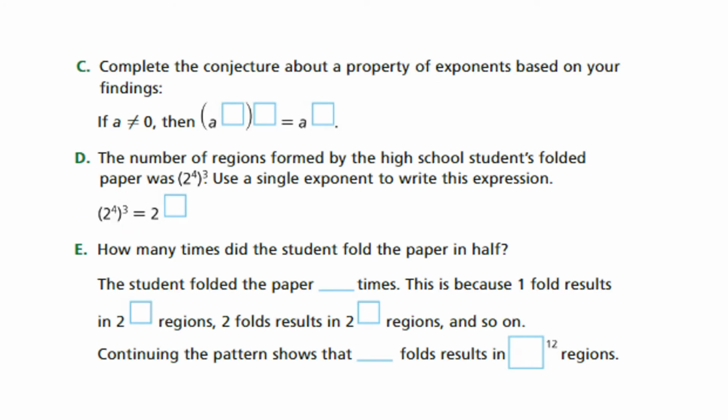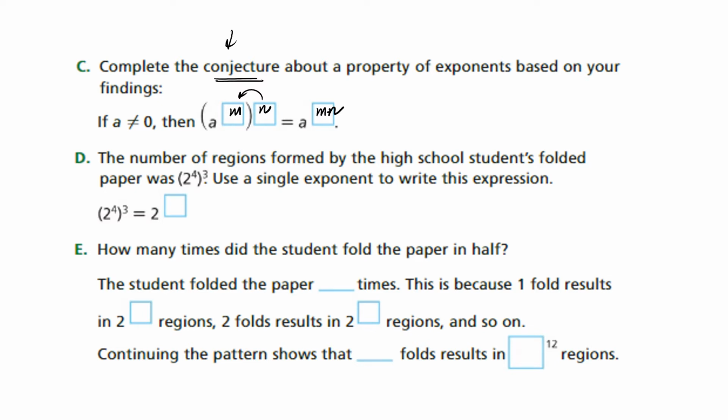Okay, complete the conjecture. Conjecture means write a formula, make a hypothesis. So you know a to the power of something to the power of something. For example, if I write here m and here m, what will you do? You multiply the powers. When you multiply, you write them together and put a dot in between them